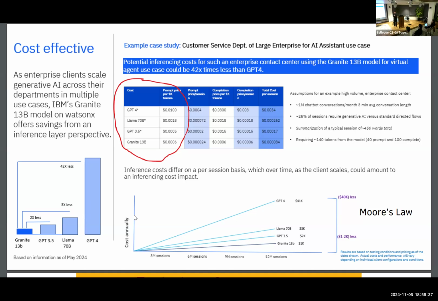I can afford this. But what happens when you scale your product and all of a sudden you're starting to do hundreds of thousands, millions, billions of tokens? That one penny is now going to cost you thousands, tens of thousands, hundreds of thousands, maybe millions of dollars as you scale your application up. So if you look at the cost of running ChatGPT-4 in the corner there, and if you compare it against Llama and ChatGPT 3.5 and IBM's Granite, it is 42 times more expensive to run